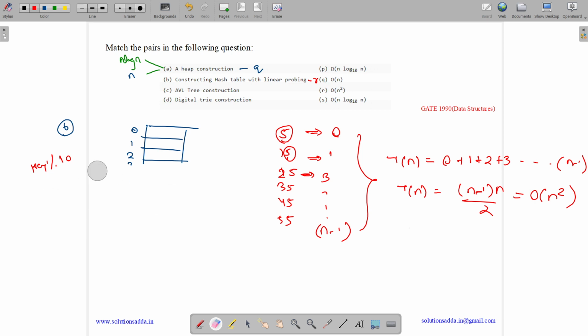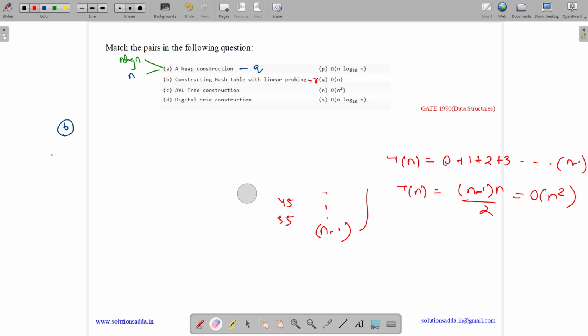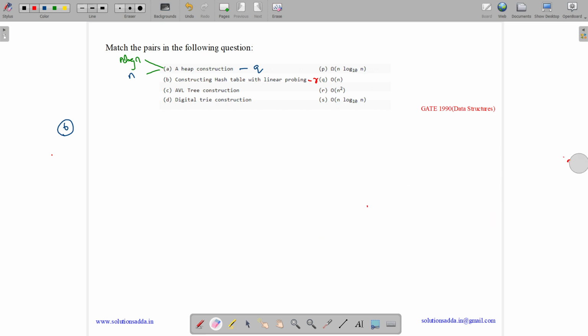Now let us see option 3. Option 3 is saying AVL tree construction. So what is an AVL tree? An AVL tree is basically a height balanced tree.